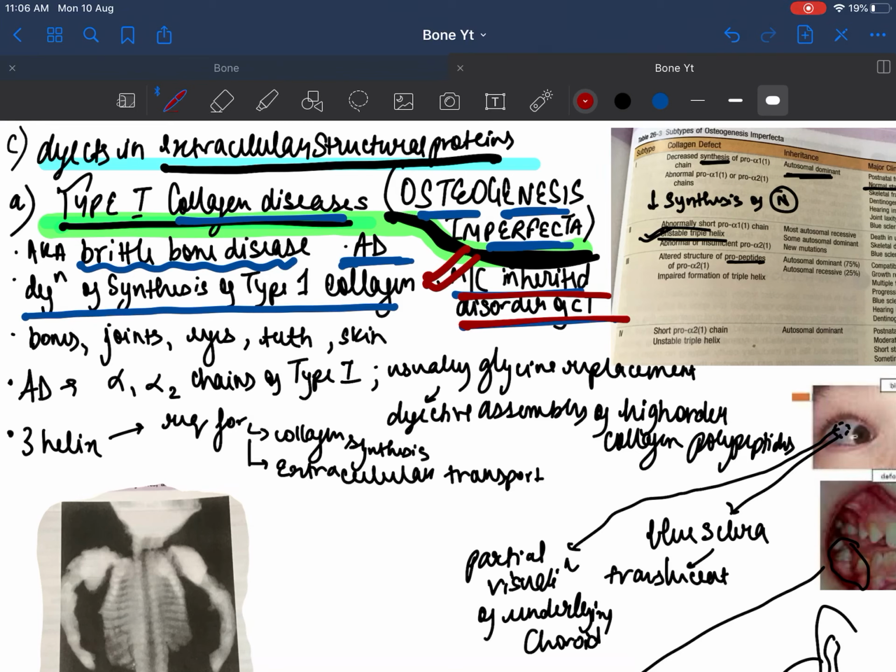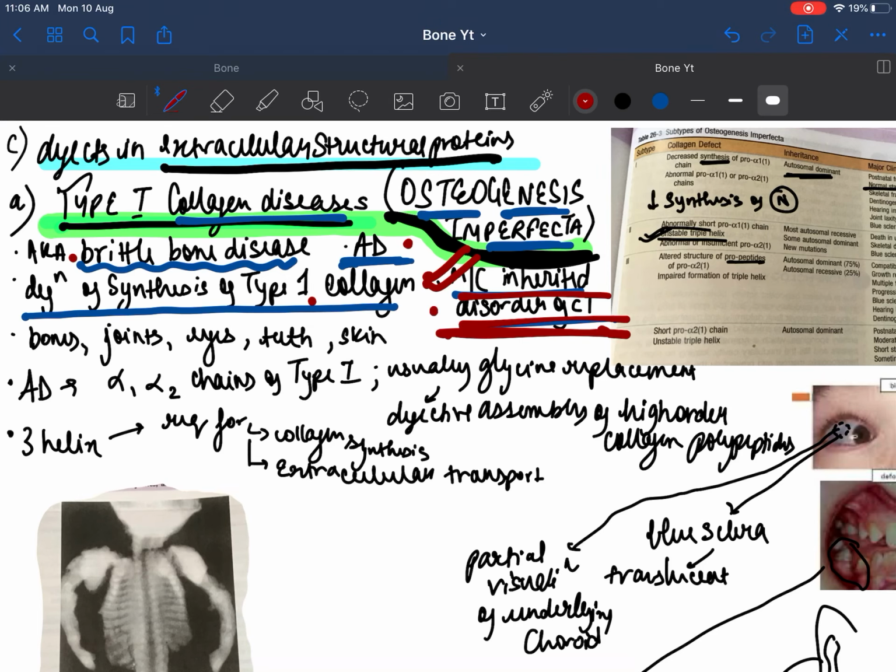So what we have discussed till now: it is known as brittle bone disease. It is autosomal dominant. There is deficient synthesis of type 1 collagen, and it is the most common inherited disorder of connective tissue. Other options that were given made this a little bit tricky question, because Marfan syndrome was also given. Most people have heard about Marfan syndrome, so they usually mark that, but this is a factual question. It is the most common inherited disorder of connective tissue.